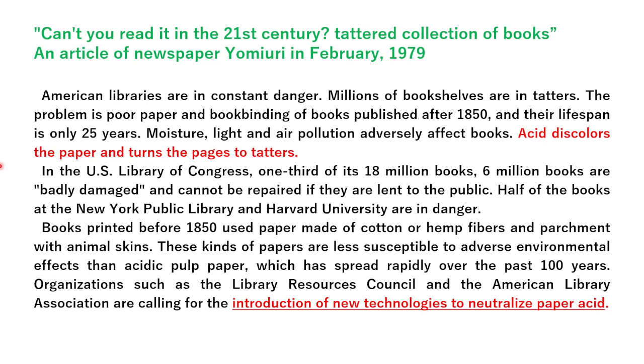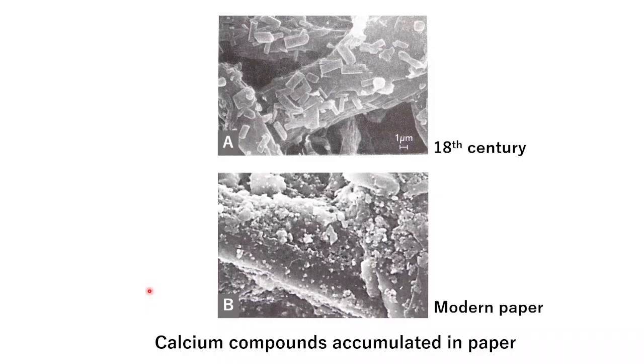Deacidification is a means of suppressing the degradation of acidic papers. The purpose of deacidification is to settle an alkaline reserve in the paper to neutralize acids by reacting with alkali. This technique is effective in suppressing acidic degradation, but it is not intended to recover the physical strength of paper. Therefore, it is most effective to use it as a preventive treatment to suppress natural aging in acidic papers where degradation has not yet progressed. Of course, not all paper needs deacidification.